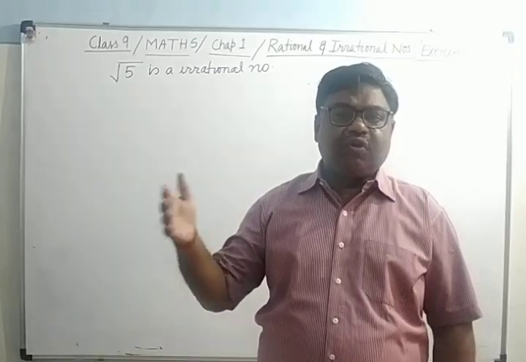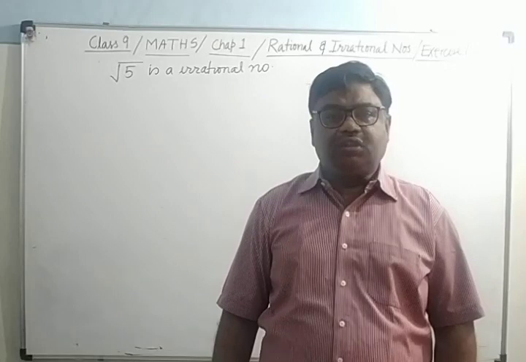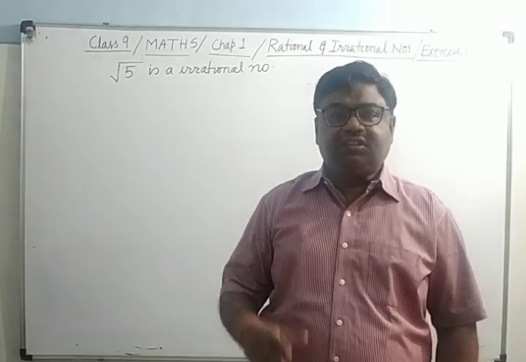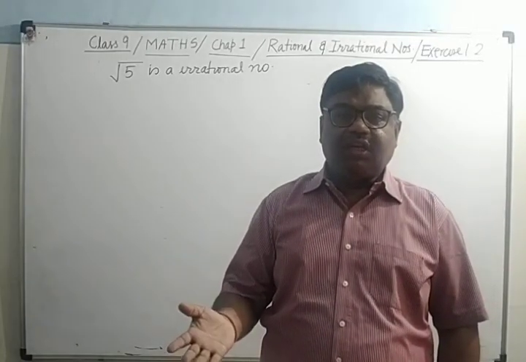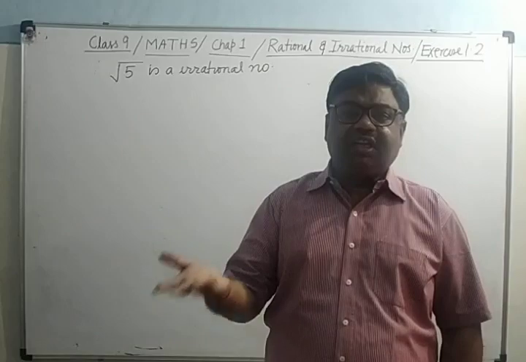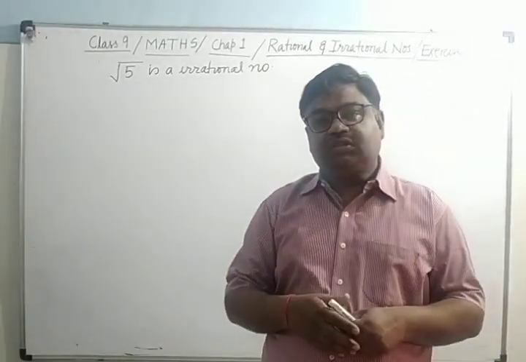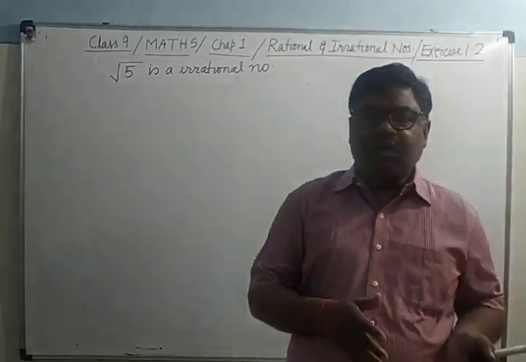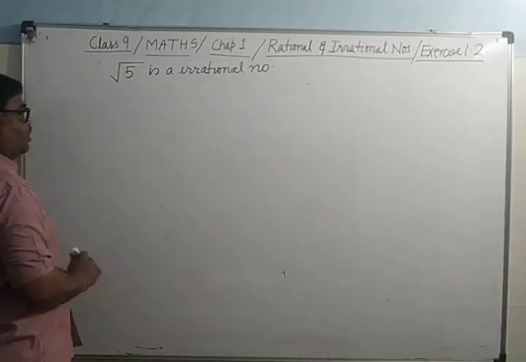So since we have reached a contradictory fact, therefore our supposition, our assumption is not correct. And since it is not correct, therefore what will be? It will not be a rational number. And if it is not rational, it means it is irrational, because there are only two types of numbers on the real number line, either rational or irrational. So see here, we will use the method of contradiction.